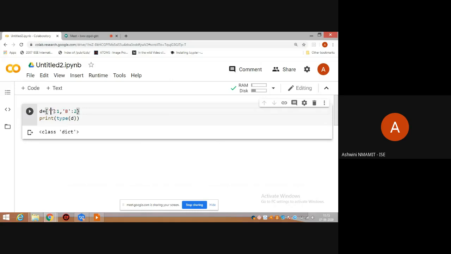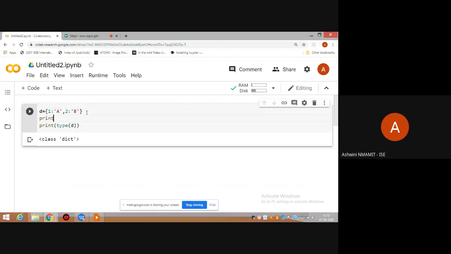Similarly, I can also give like say 1 colon A, 2 colon B. Even this is possible.